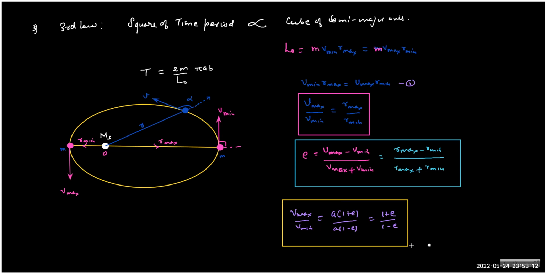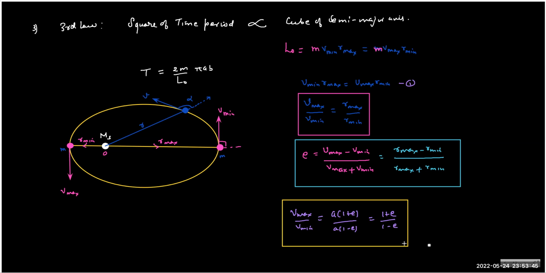So once you conserve the angular momentum, you get the relationship between these four variables. Out of the four variables, two are known to us in terms of the semi-major axis because we are trying to express in terms of A. So R max and R min are known to us already, and therefore the number of variables is reduced to only two, which are V max and V min. Is this clear?